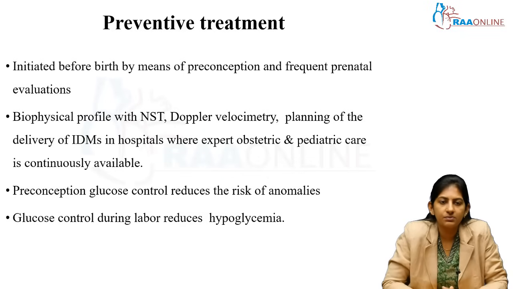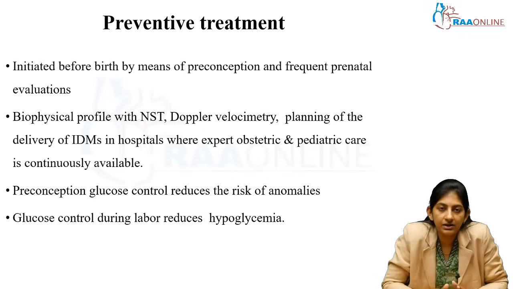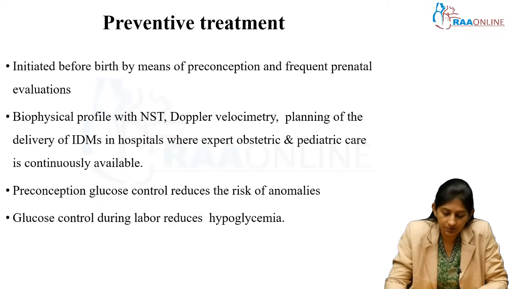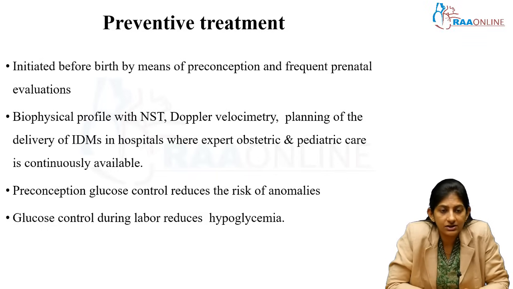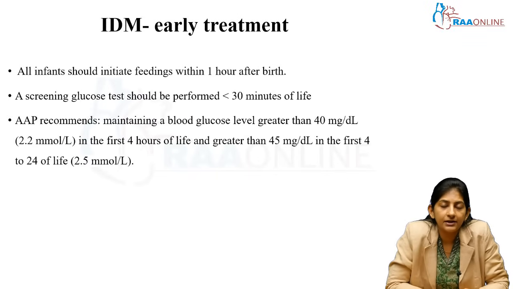So the preventive aspect is something that has to be dealt with by the obstetricians, and the prevention is to have tight glycemic control by the mother preconceptionally. So that is very important. Preconceptional glucose control itself is very important, and once the baby is born, right from the resuscitation, the first 72 hours is very crucial for any metabolic complication, any other risk we have to keep monitoring.